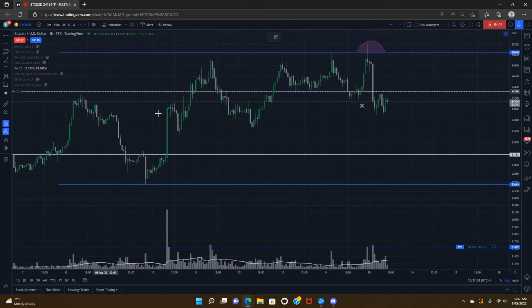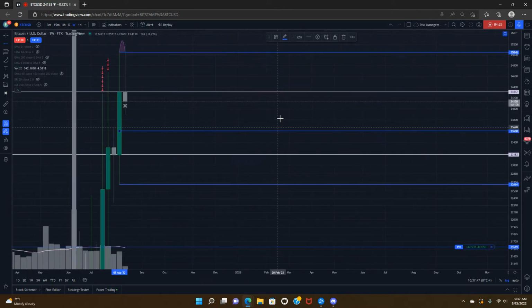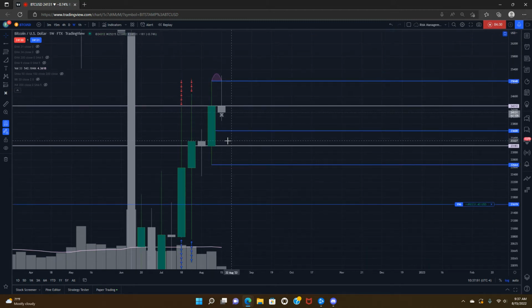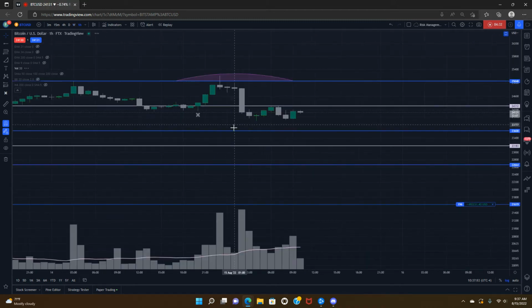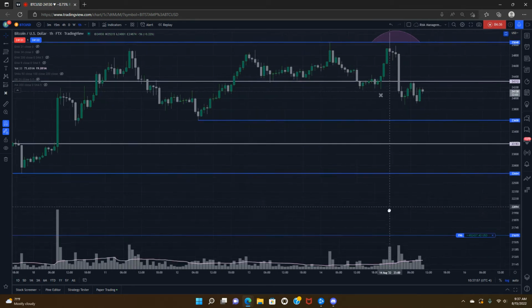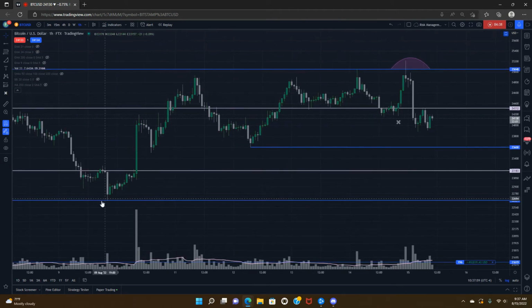So any push below either this level or that level is going to run liquidity. And if you just look at it on a weekly chart, it's not a big deal, right? That would basically just be another test of the open. So I think this is really important to frame whatever swing you're looking at. I really think that weekly open is